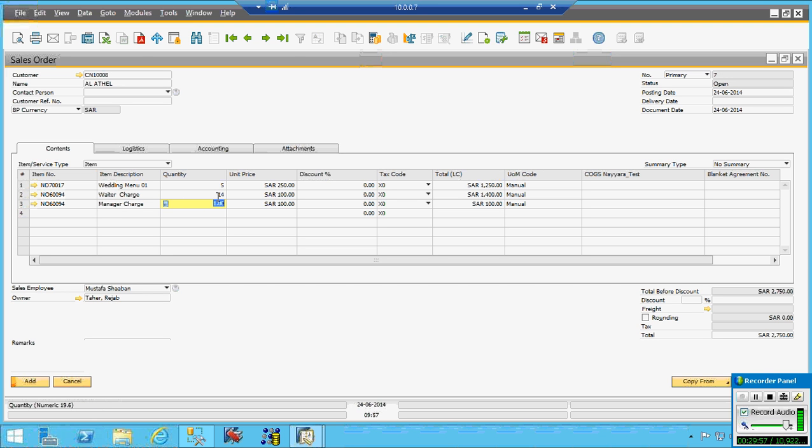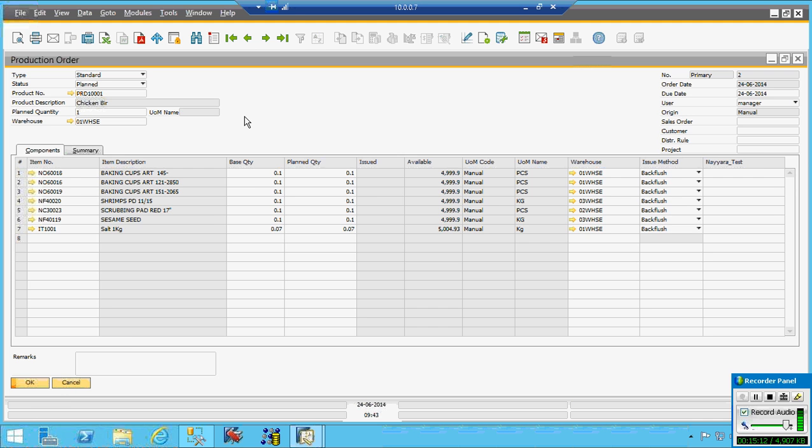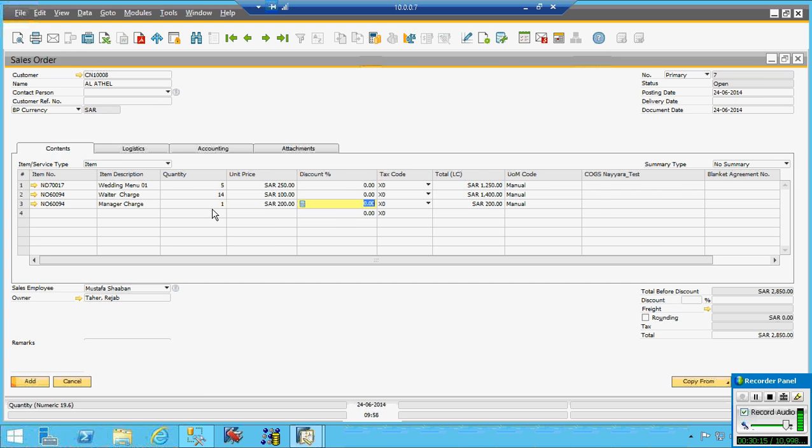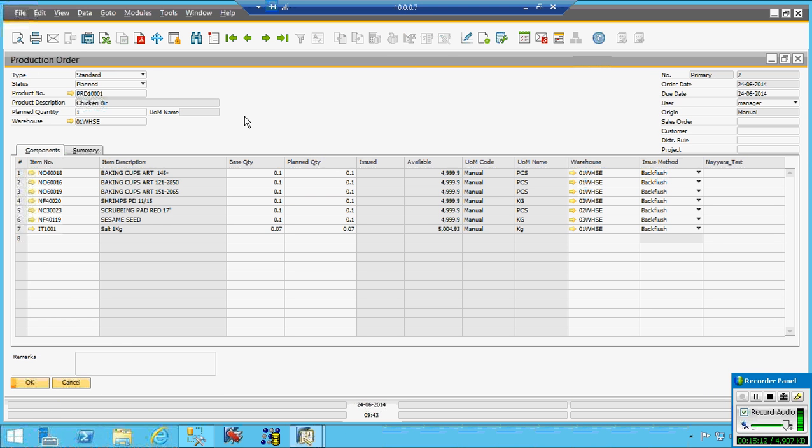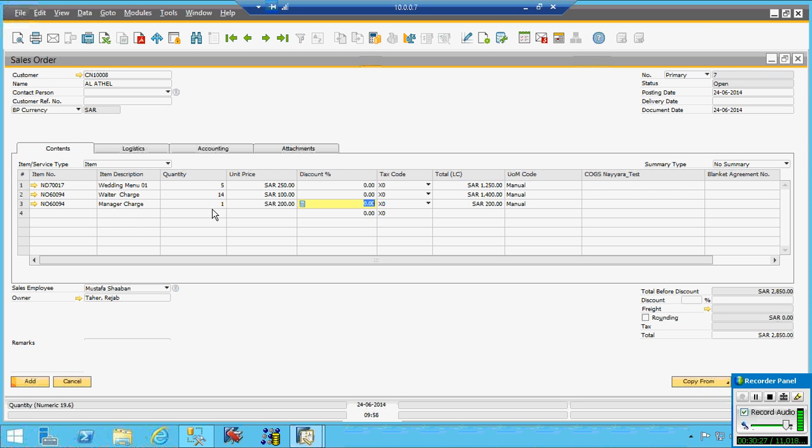Because the waiter charge is 14, I will have one manager, and one manager is costing me 200 riyal. Can I do it through bill of material? Don't do the bill of material, you use it here. Because this is something happening after, during the sales billing, and then the number of labor charge. You can use the labor charge of the cook in the bill of material. Means, if the cook is using a number of persons, the labor charge for the preparation can be used. But this labor comes after the preparation is over.